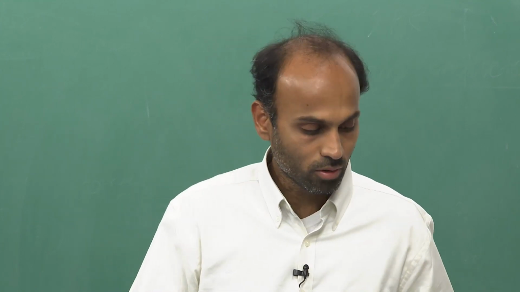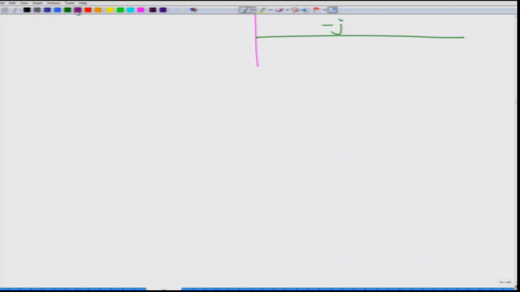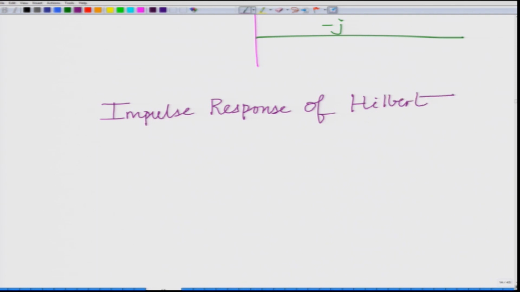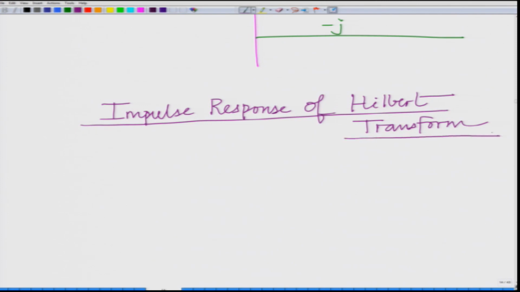So, now what we want to do is construct the impulse response of the Hilbert transform